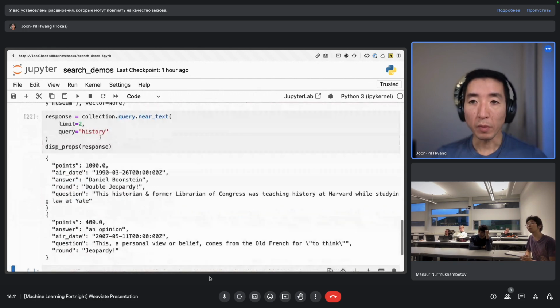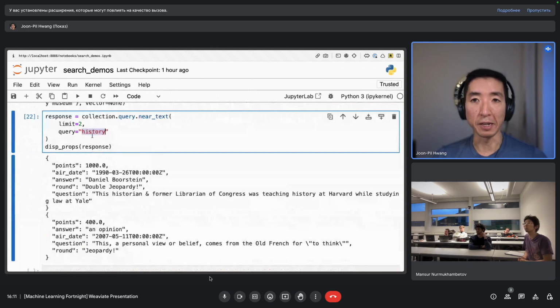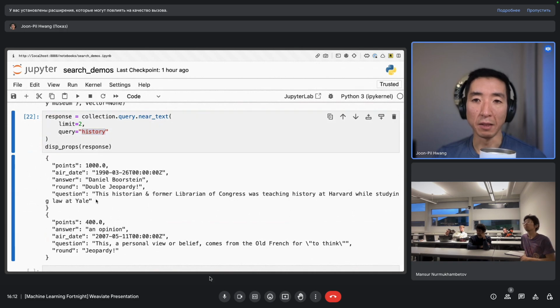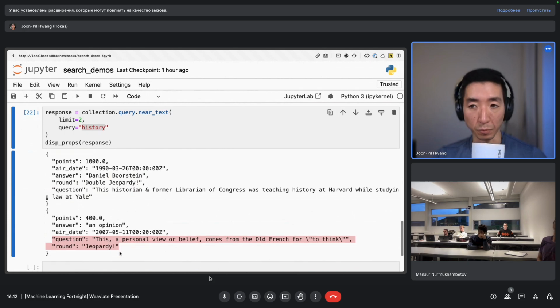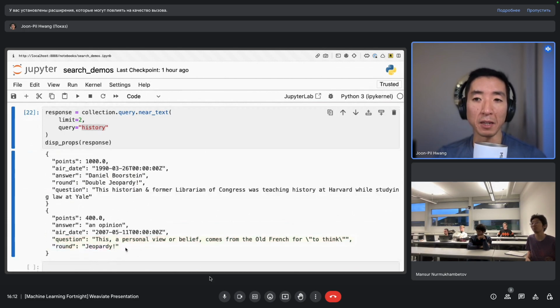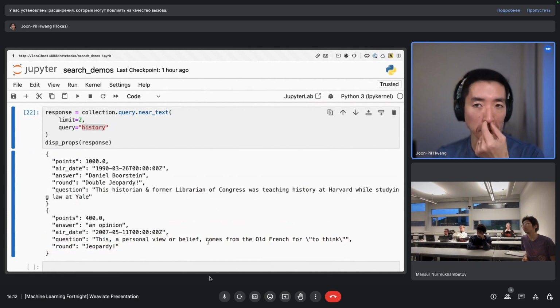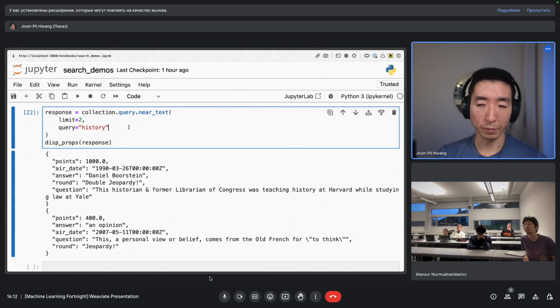Cool. So now, if I search for the word history, we get different results, and interesting things start to happen. You'll see that in the answer we get on the top, the word historian appears. Oh, so it does appear on the top one, sorry. But at least in the second one, the word history doesn't appear. And what you get instead is something about some sort of an old French something or other. I'm kind of interested because that's not typically what I see when I run these searches. So I don't know what's going on with the data set. But still, the point is that